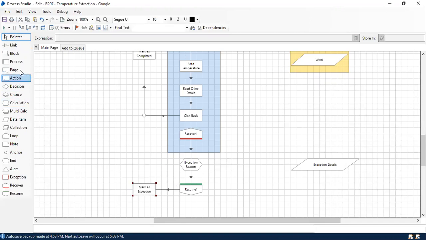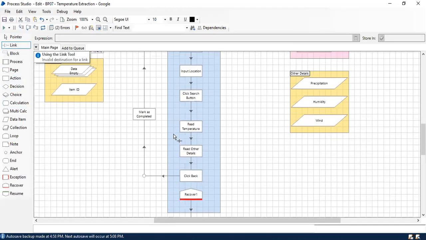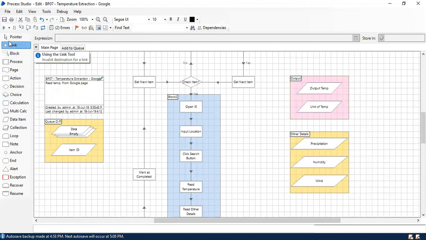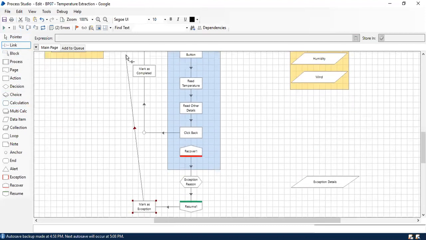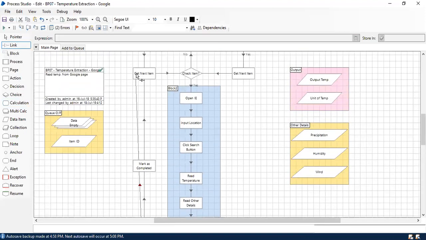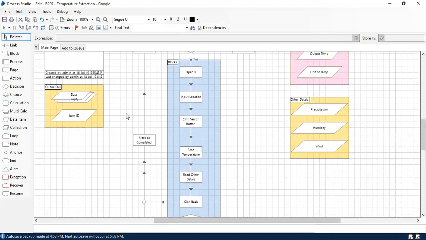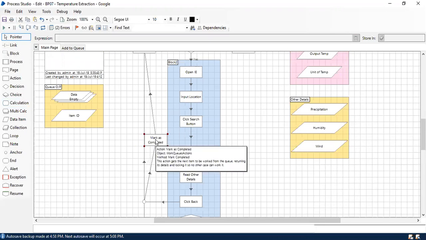So once completing all these things, you have to travel back to get next item. So to do that, you have to connect back to get next item. Don't connect it back to mark as completed, because they are not in the same flow, right?